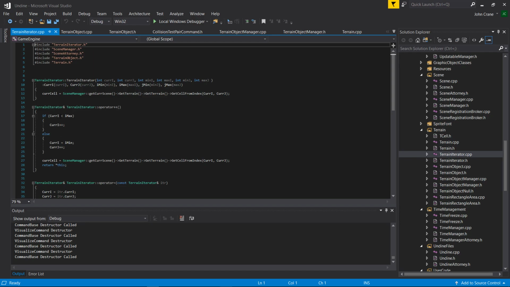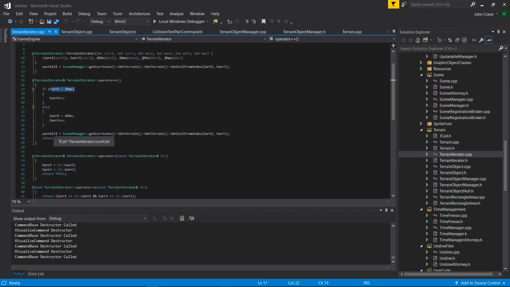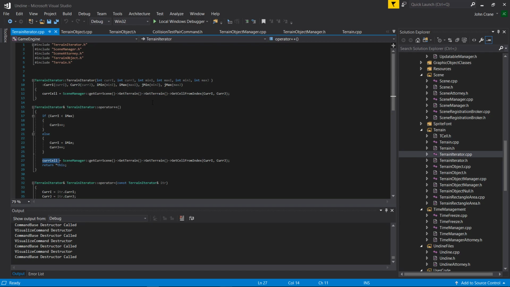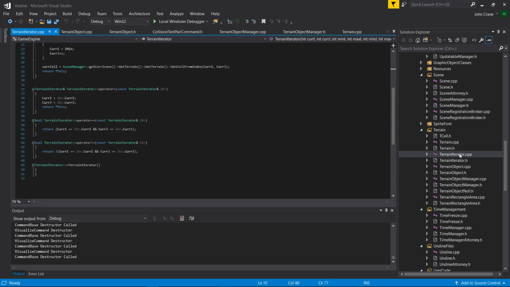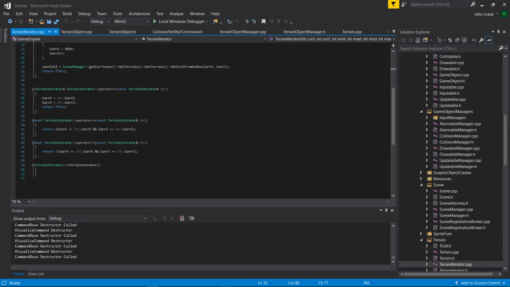You increment the row and column, or I and J, depending on these checks here. And you set the current cell to the I and J to get an index in the T cell array. And then in the terrain iterator constructor, I pass in the current I, current J, as well as the min I, the max of that I, the min of that J, and the max of that J. And then I set all of those values to be used later in the terrain